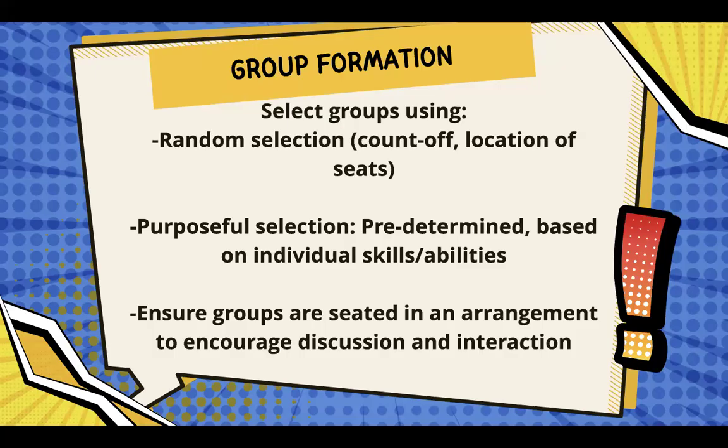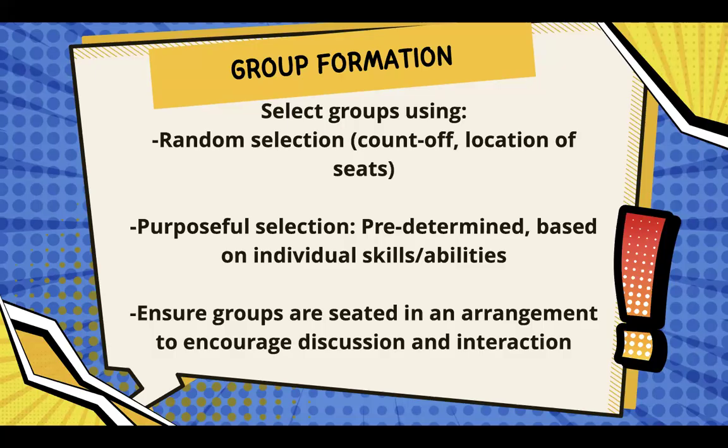And then purposeful selection. So these are going to be predetermined based off of individual skills and abilities. So say you have somebody who's struggling a little bit more, you might not want to group them with somebody else who's struggling a little bit more because they're not really going to have an easier time to understand. But you also don't want to group them with somebody who has an upper level of knowledge because it feels like the person with the upper level of knowledge is just going to be teaching the person with the lower level of knowledge. So you have to know your students for that based off of their skills and abilities, and you can do that before your session